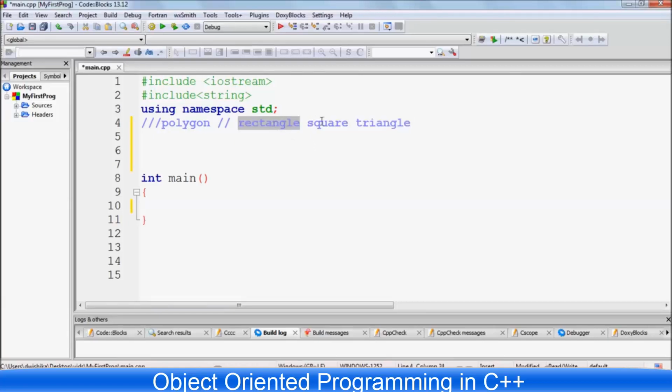Okay, so height and width are common to each polygon, but the calculation of area for each polygon is different, right? So what we can do is define a class which has width and height that we can reuse in other classes, for example rectangle, square, triangle, so that it will reduce our code writing also, and it will give reusability of width and height in our polygon class. So let's see how we can define